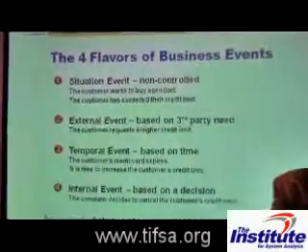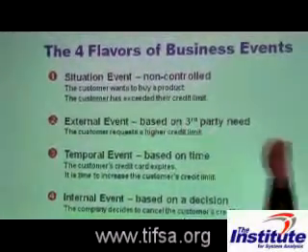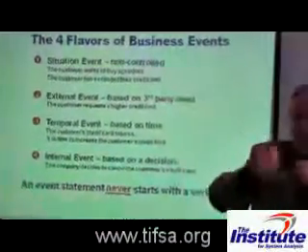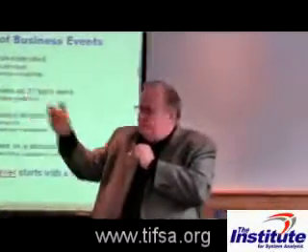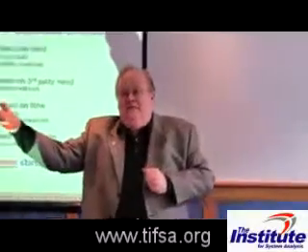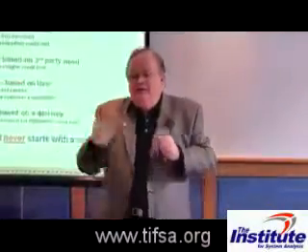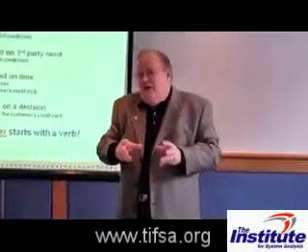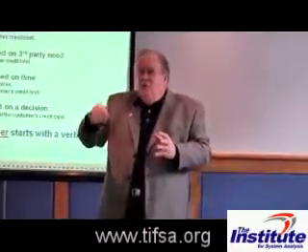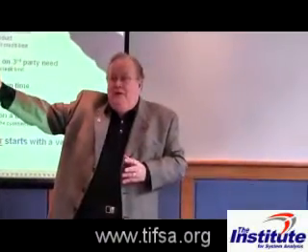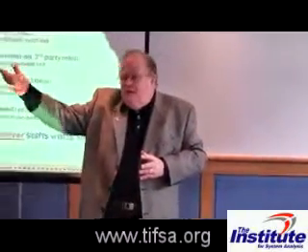So, the customer has exceeded their credit limit. So the software node sits there looking for a situation. It's just polling the world of things that could happen. And it says, aha, I have found a customer who exceeds their credit limit. Now the first question the software has to ask is, how do I know that the customer has exceeded their credit limit? And there's something that tells it that.